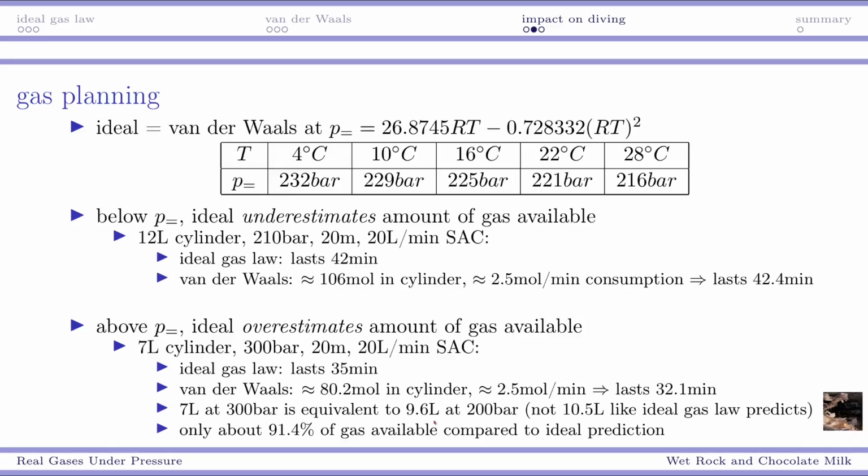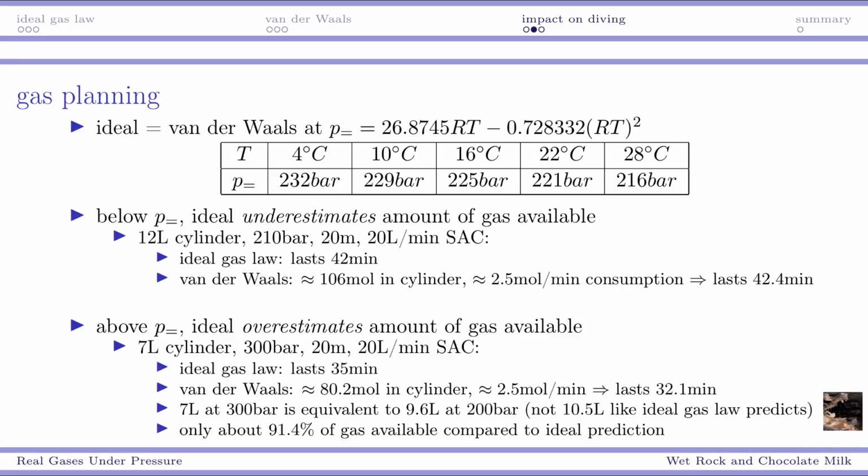But using the ideal gas law, our 2,100 bar liters divided by 200 bar would give us a 10.5 liter cylinder, which is significantly more than the 9.6 that we actually have as a comparable cylinder size. In fact, we only have about 91.4% of the gas available to the ideal prediction,